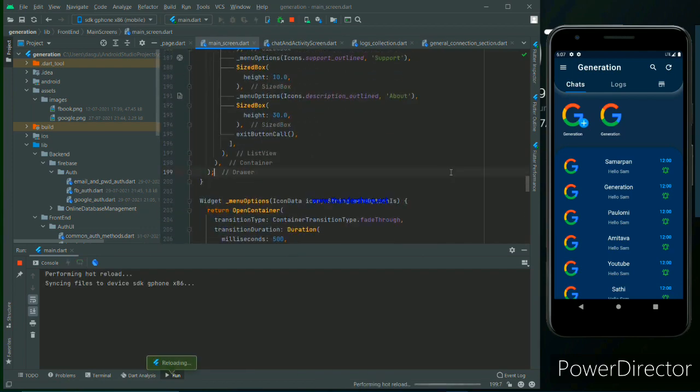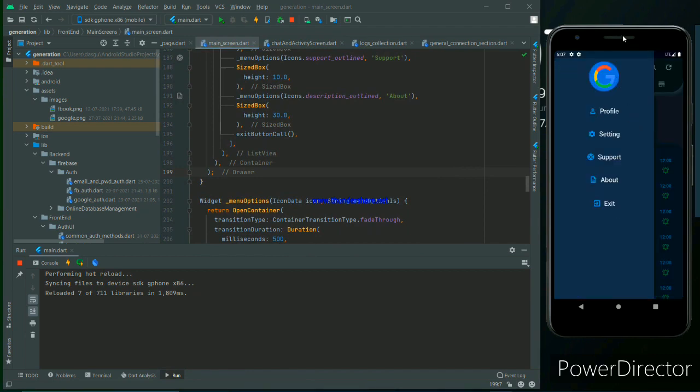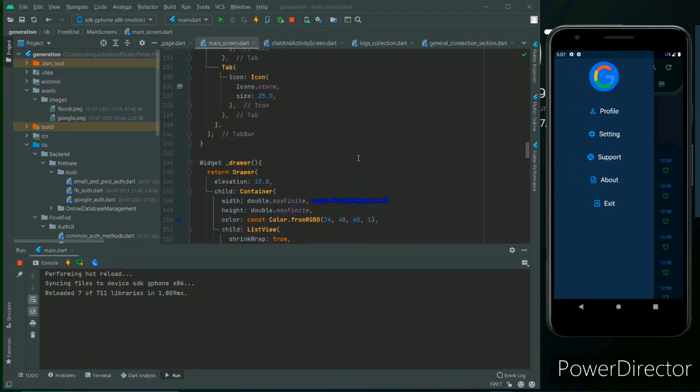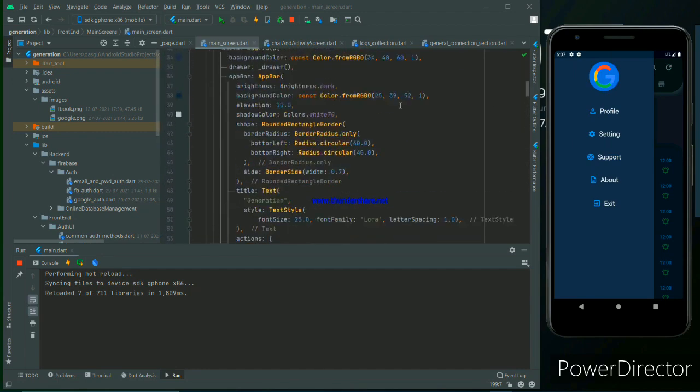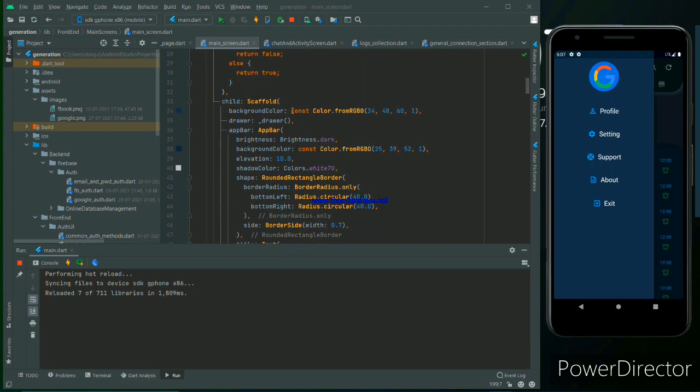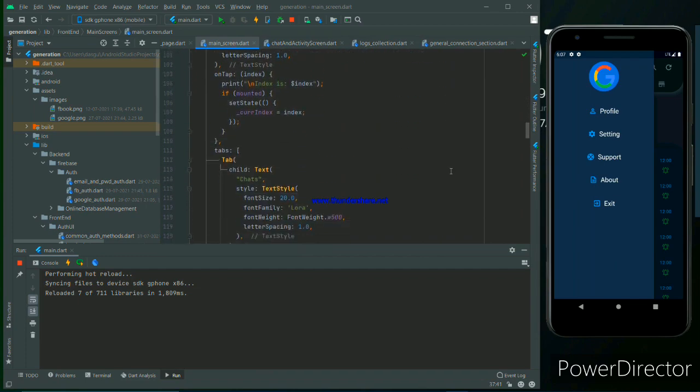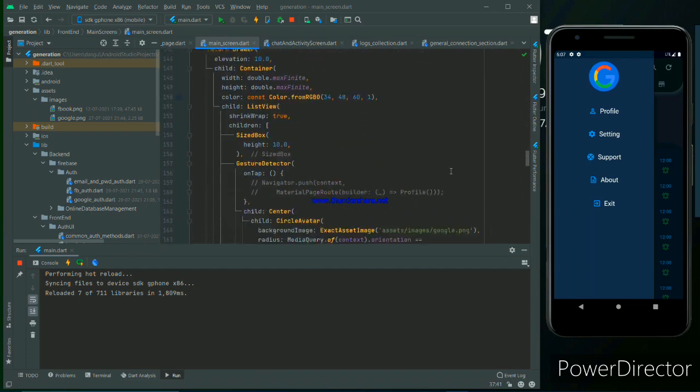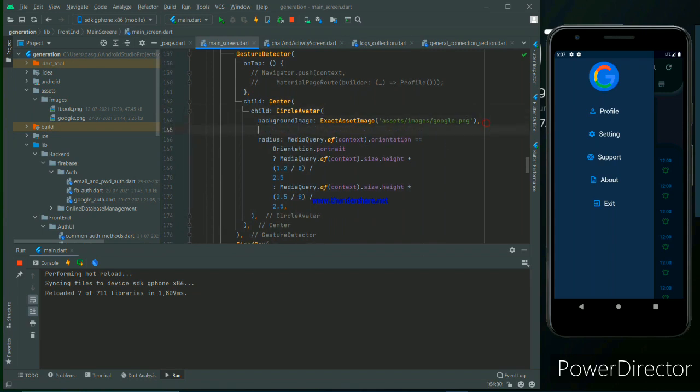Okay, so if I run it and let's see the menu option, so that is well organized, and the background color is not good, so we can change it from here. First we take the scaffold color from here, and we can change the background color from here. Actually this is the transparent image, that's why it's by default taking that light blue background. Okay, it's cool, but use your own logo, not that logo, otherwise you may face a copyright issue as well.